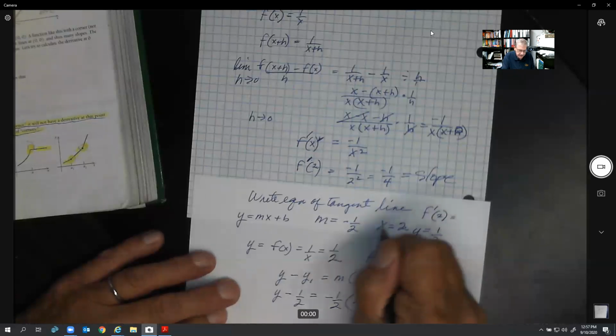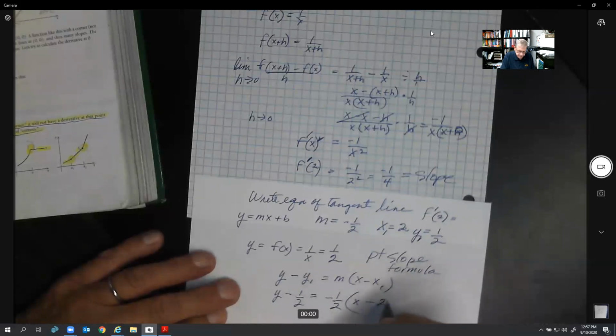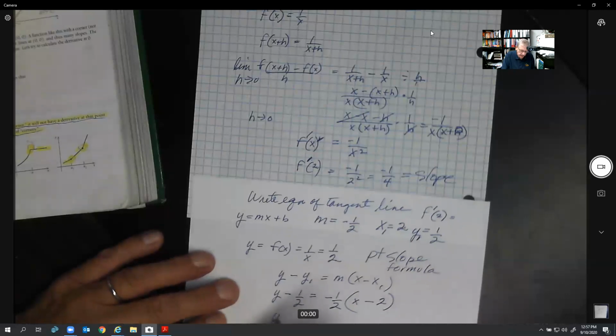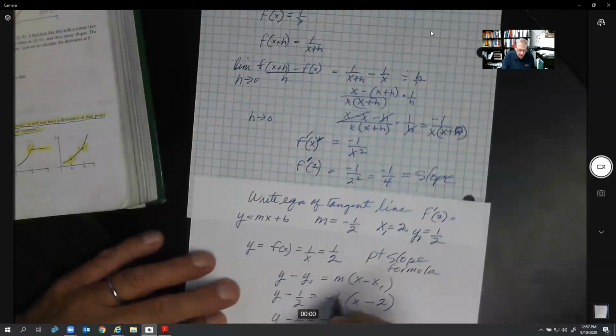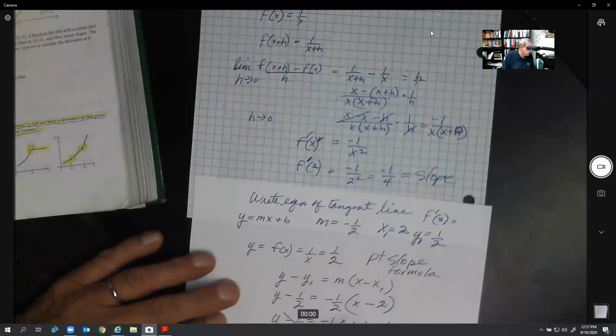X sub 1 is 2. So let's see what we get. We get y minus 1/2 equals negative 1/2 x plus 1/2 of 2 is 1. Okay, we're going to bring over the half, which is 1/2. So our equation should be y equals